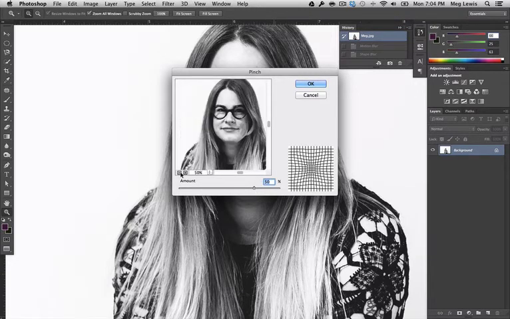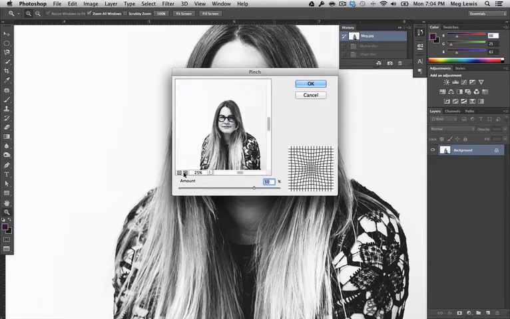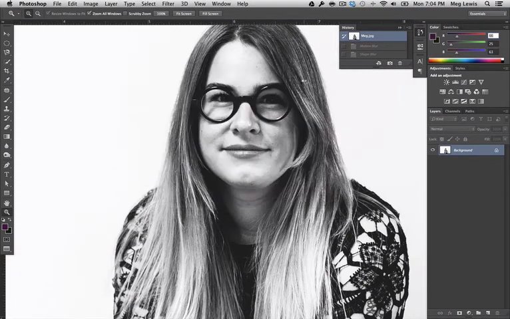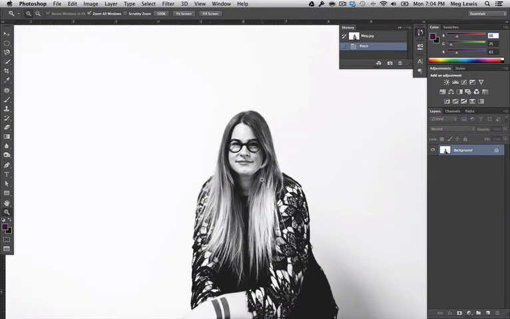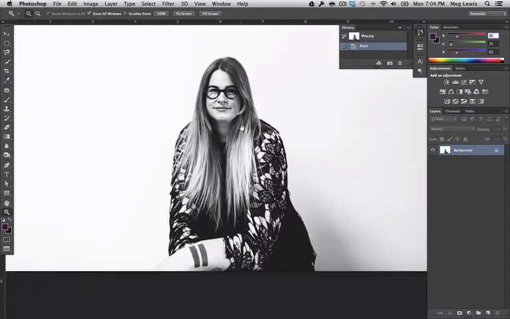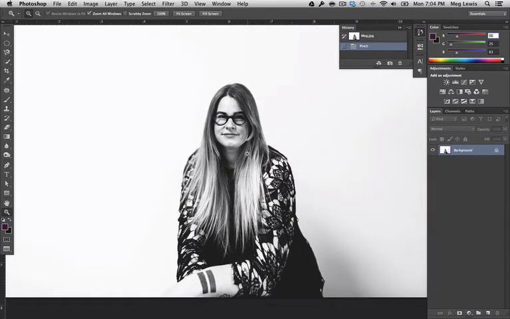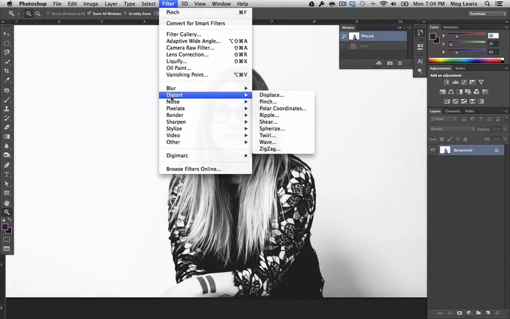So just to show you, you can't really tell what's going on if I zoom out, but if I apply this pinch filter and press OK, you can see it in our real photo, and look what it did to me. It makes me look like some sort of mutant. It certainly looks like I have a very tiny head and a large body. Okay, that's the pinch filter. And again, we can go into